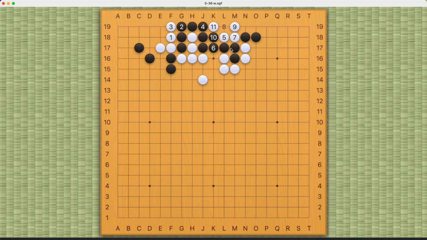And it's not the best result white can achieve here. The best result is actually much easier. It's just to play this wedge move, keeping the pressure on black's liberties. Black must block here, and white just cuts. Right? This is a double Atari, but of course to get out of this double Atari, black can simply capture